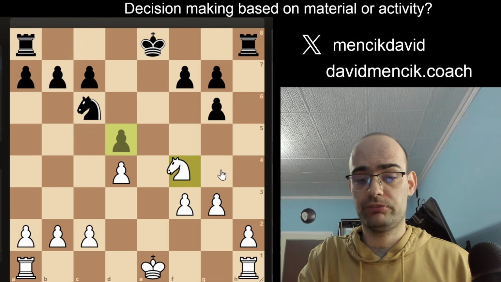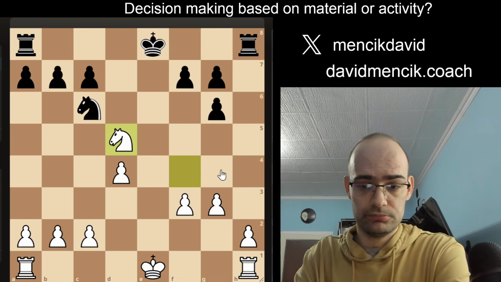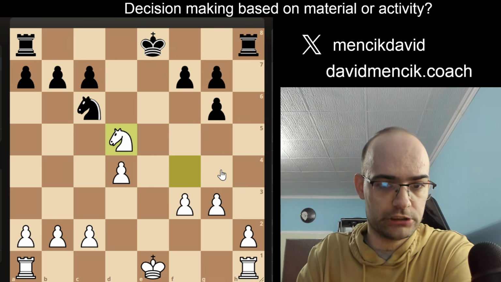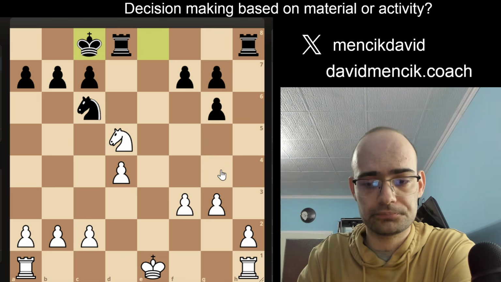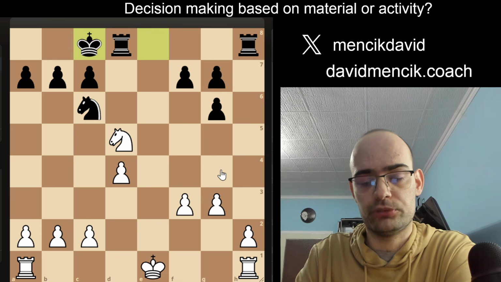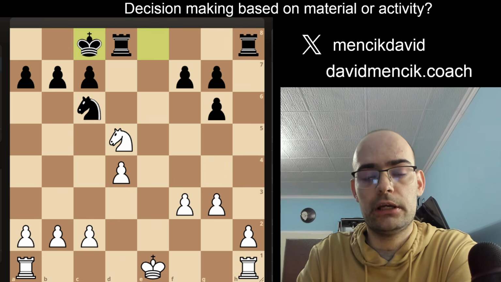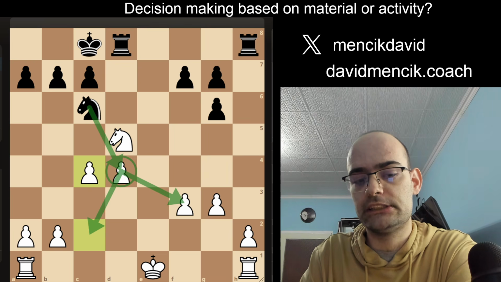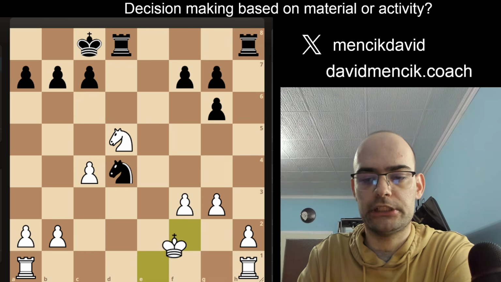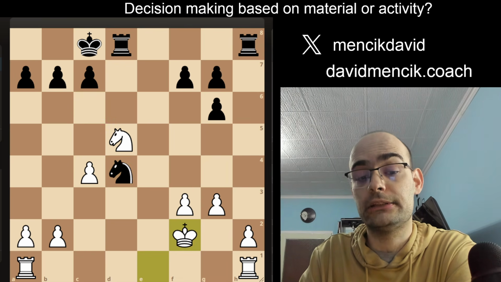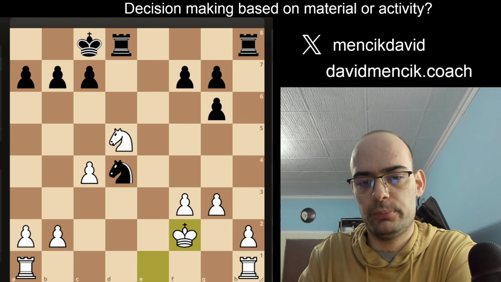Of course, if we were to take on d5, black would not rush to take back on d4, but would castle instead. And this is the correct move and a better move. And here, after a move like c4 defending the knight, after knight d4, there is a double threat. King f2 is the only move, but now I would prefer black in this position.